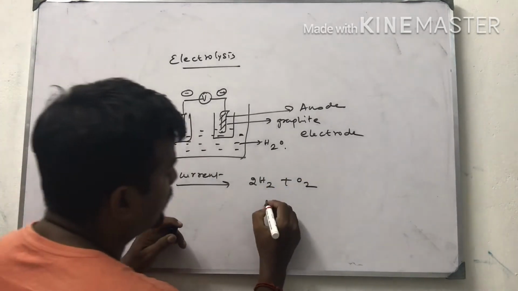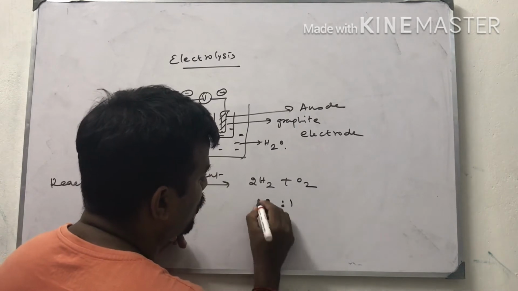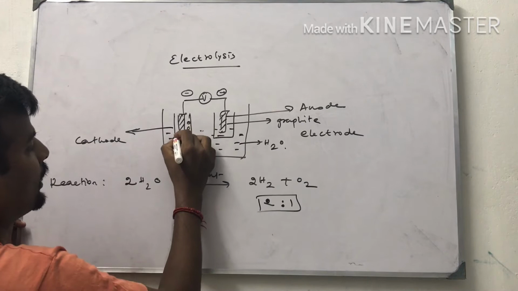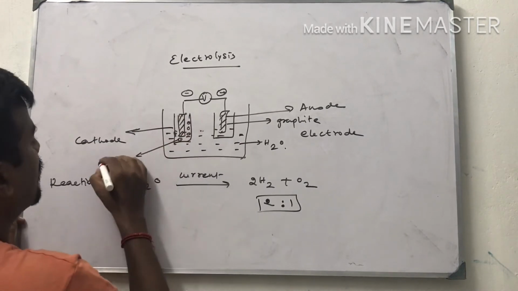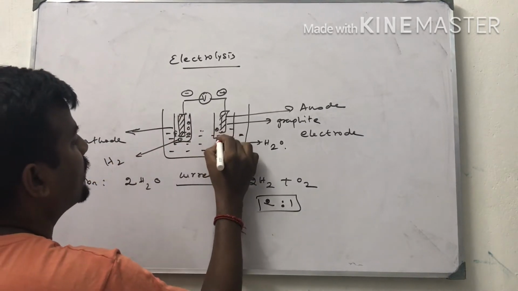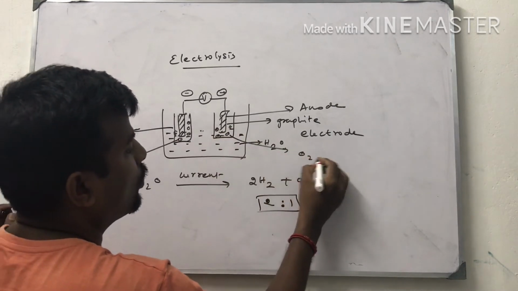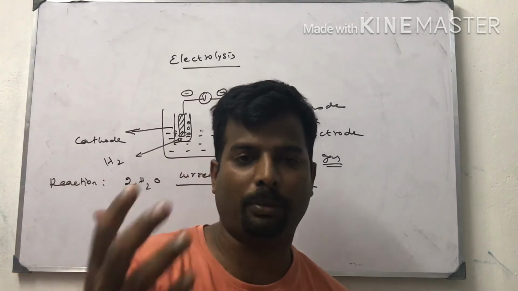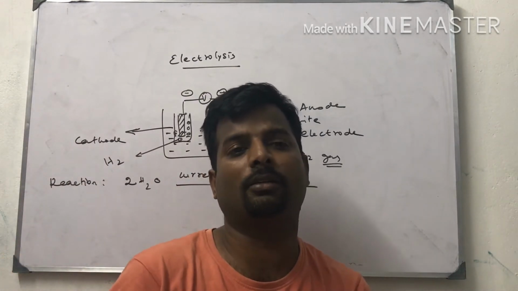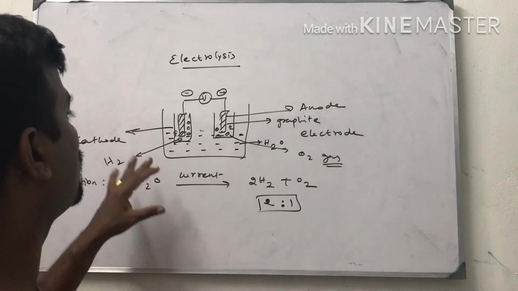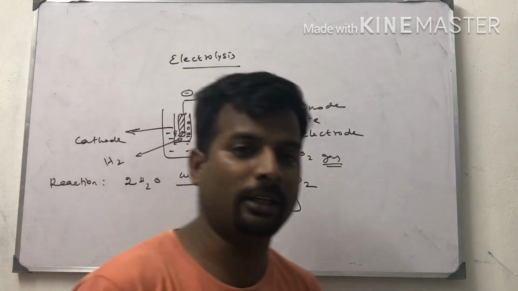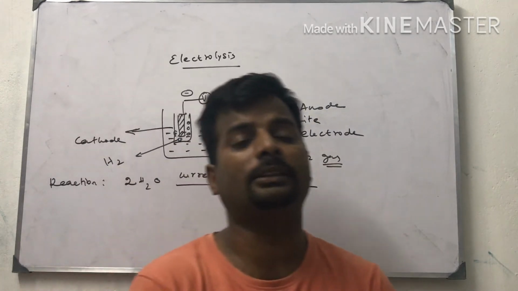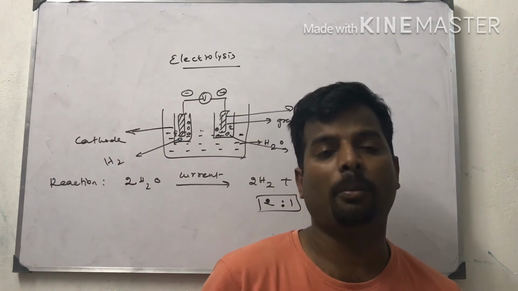So the gases come out in the ratio of 2:1. The gas bubbles attach here. Here, what gas will come? H2 gas. Here, what gas will come? O2 gas. The anions, negative ions, move towards the positive electrode and positive ions move towards the negative electrode. Like that, the water molecule is dissociated with the help of current. This process is called obtaining gas from water molecule by passing current.